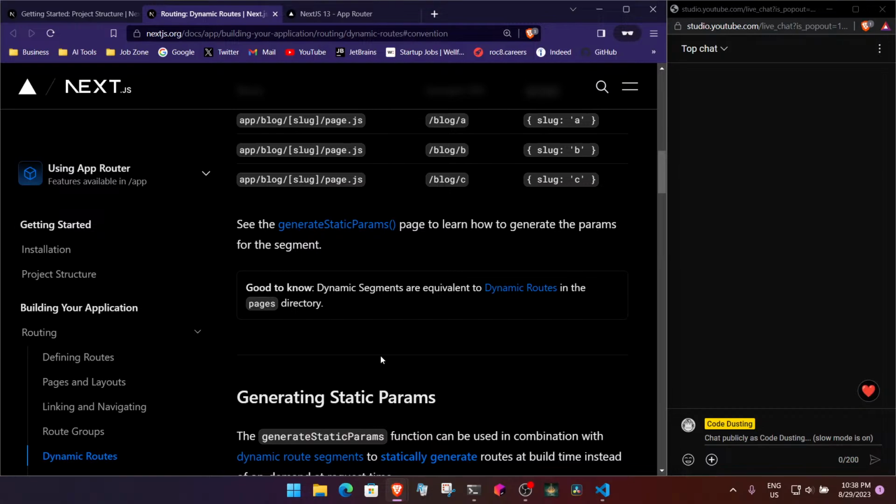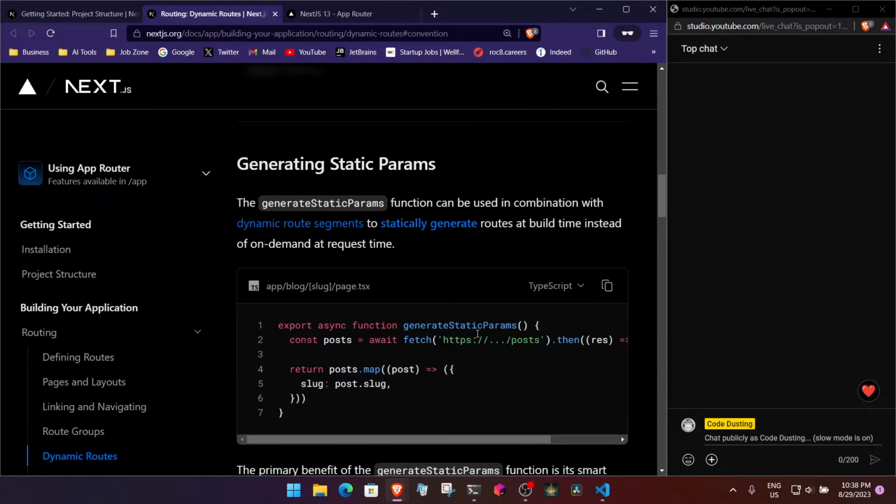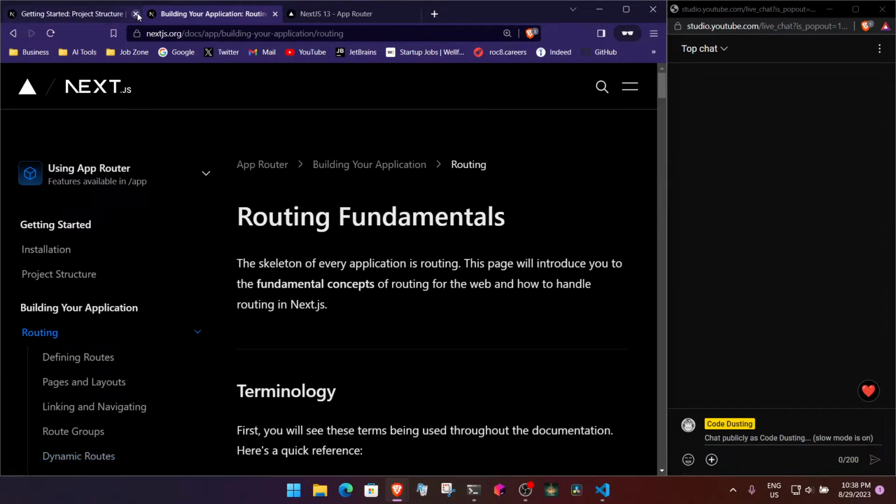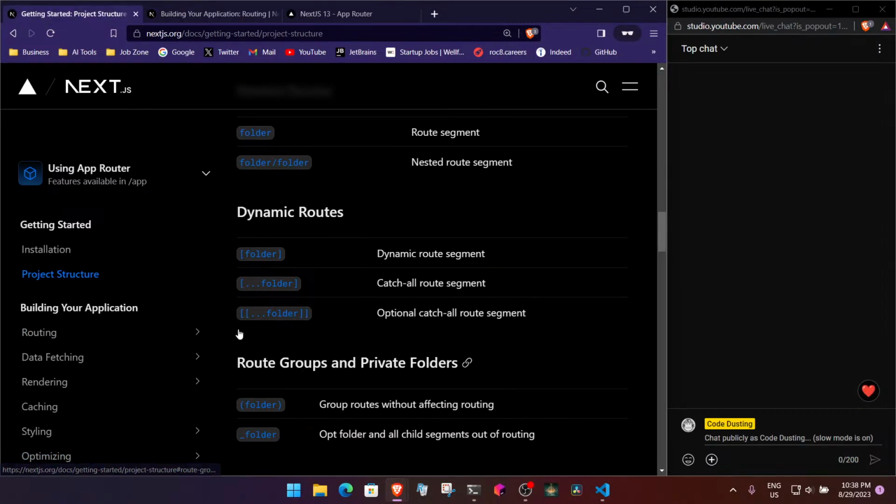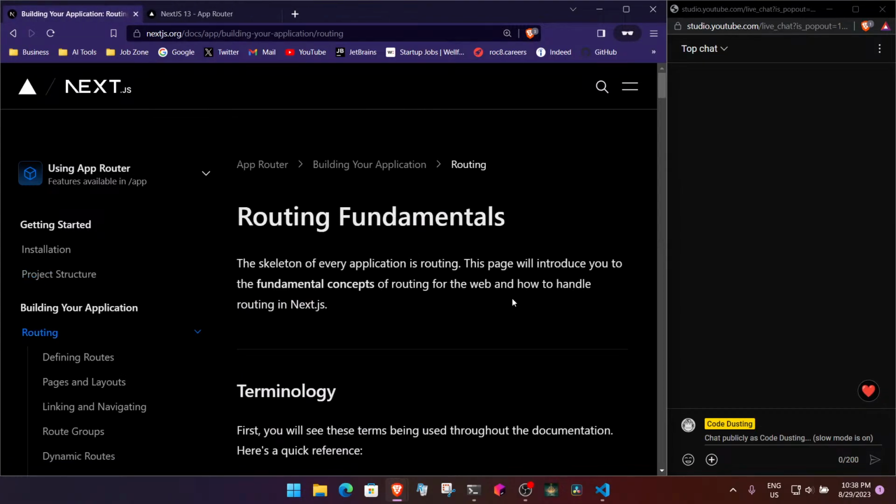This is similar to how it used to work in the pages directory. There's generate static params, which, let's do with the routing thing, because I believe all of this will be part and parcel of the routing. We can just start with the routing situation. The skeleton of every application is routing. Fair enough. This page will introduce you to the fundamental concepts of routing for the web and how to handle